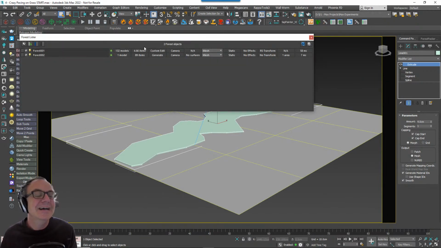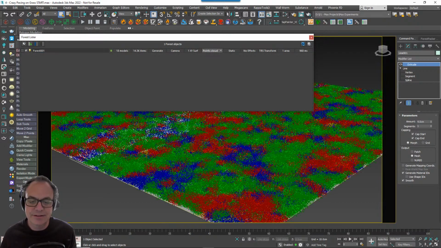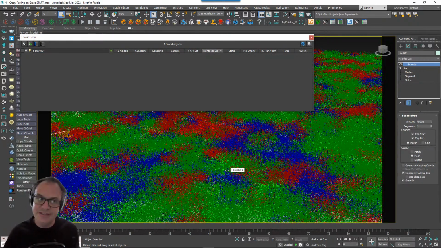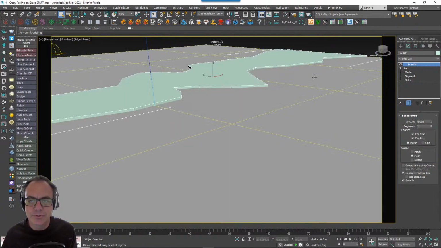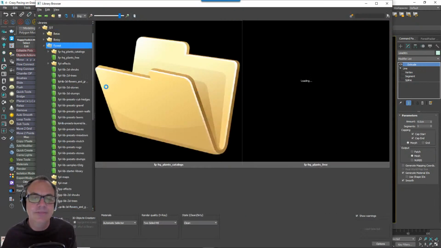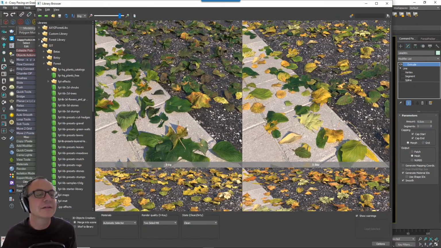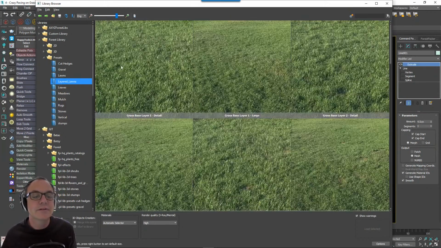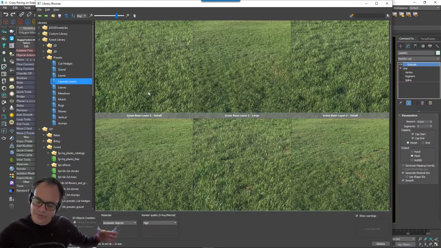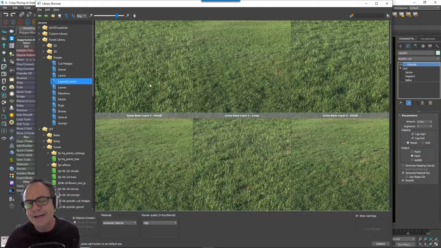not excluded, and I've got some grass ready in the scene, and there's nothing special about this grass. It's just one of the detail presets from the library, and that is one thing to point out. The library has these two types of presets, for example in layered lawns, a detail and a large preset. The difference is that the detail ones are made of smaller clumps of grass and the large ones are made of big clumps of grass,